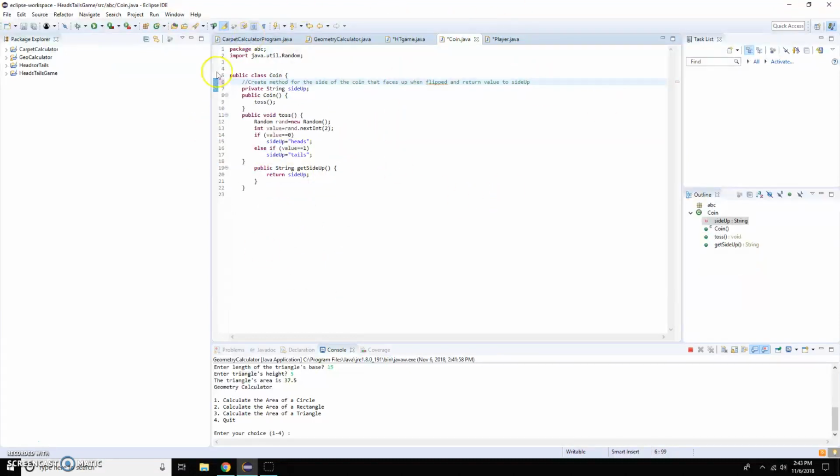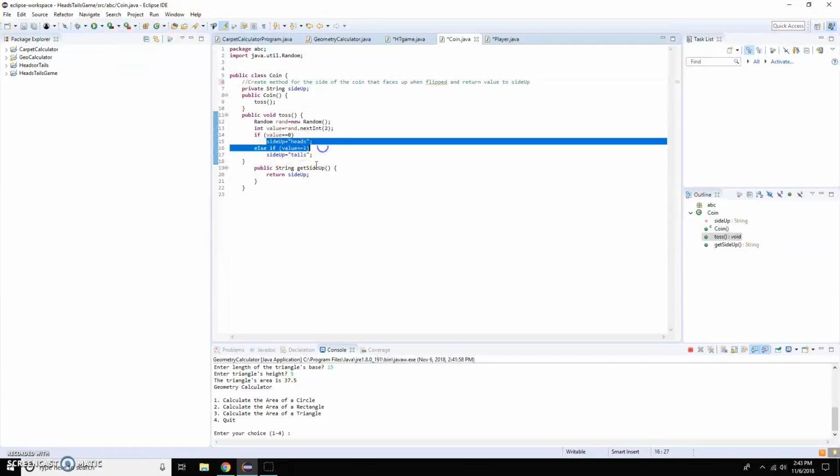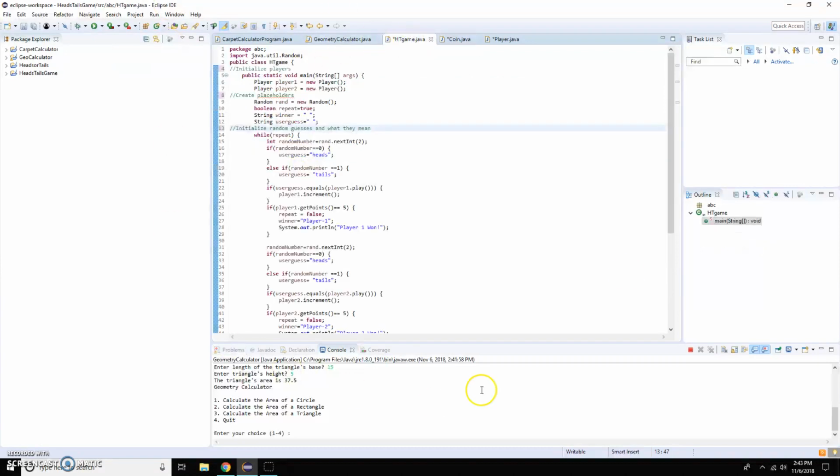Then we move over to the coin method. This is just for creating this, as I was talking about earlier, when the coin's actually flipped with the toss method, it creates a random value, which is then determined on whether it's going to be heads or tails. So finally, the game that uses all that data